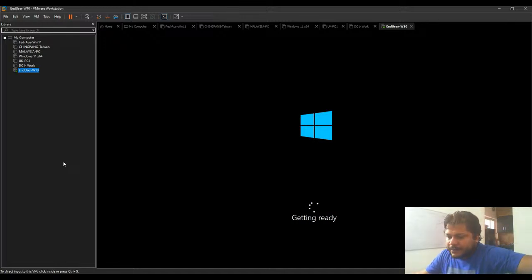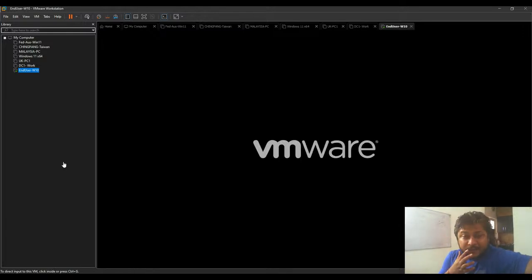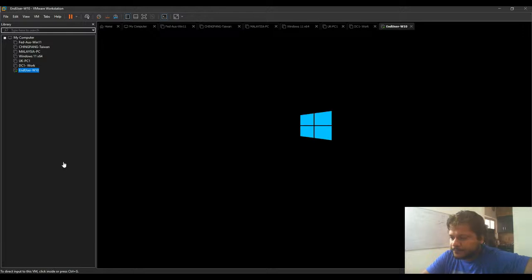Once you do that, after your machine is up and running, it will install the VMware tools. Machines installed on VMware use a specific set of tools to connect to your local machine.